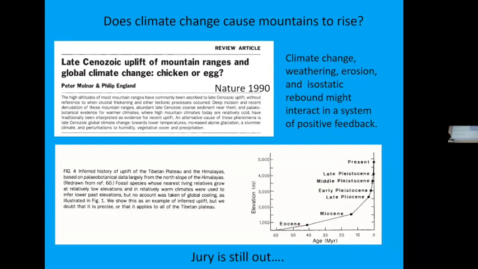I mentioned I was going to introduce a paper and a study that's arguing that climate itself can cause uplift. I've been talking in a way that the mountains go up, rock uplifts, then they come down due to erosion, glaciers, rivers, other things like landslides and rock falls. There's a study in 1990, considered one of the most important studies in the field, that said, well, it's a chicken or egg issue.